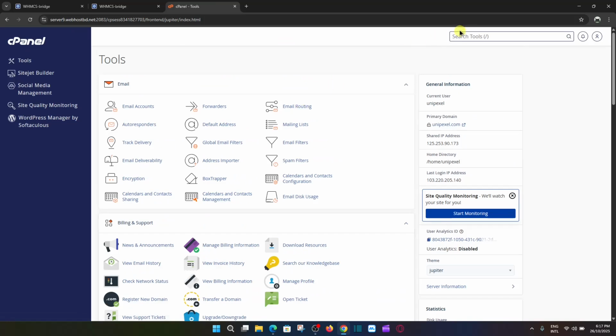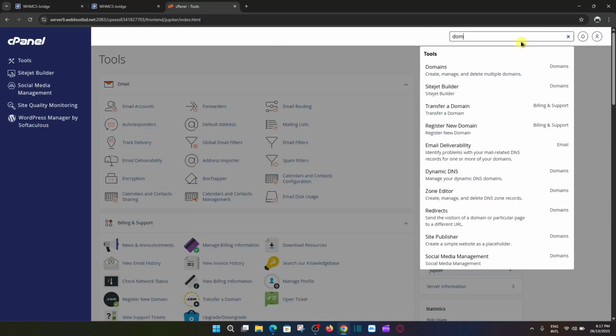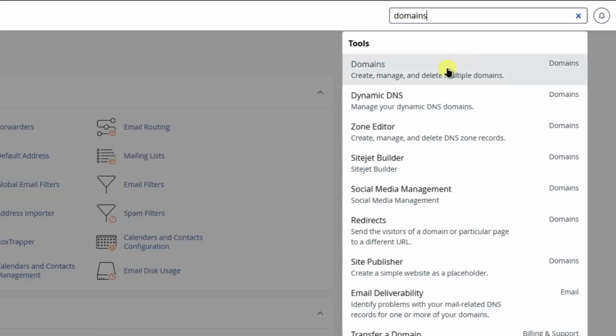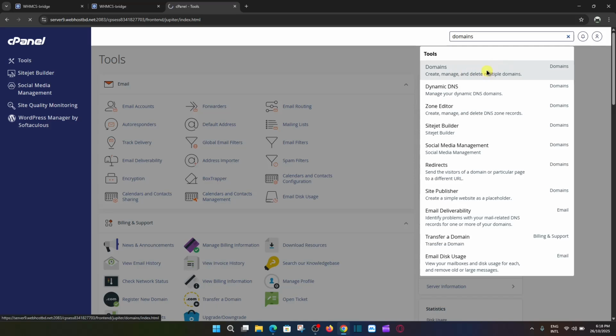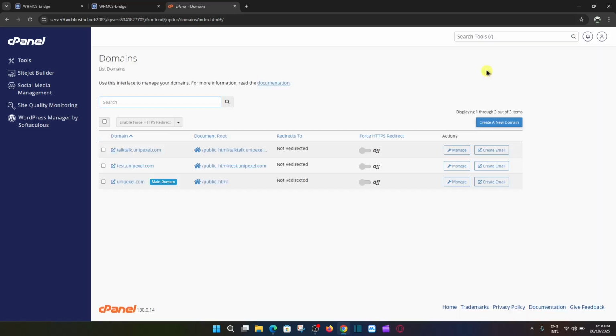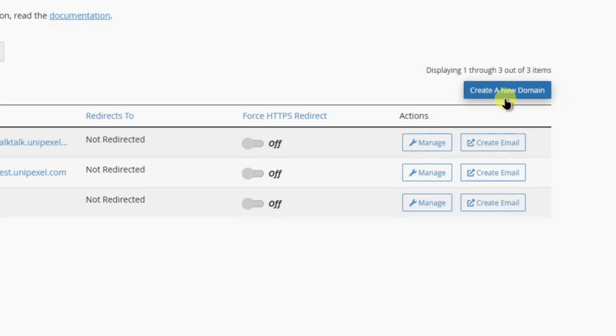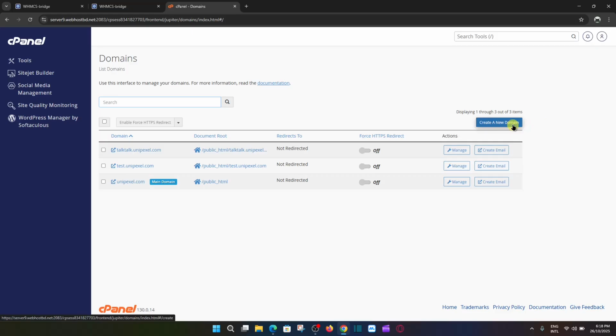You just have to go for the domains option. You can search here in the search tool, domains. And here you will find the first option. Here you can see create, manage and delete multiple domains. So click here and here you go. Now you have here the option, you can see create a new domain. Just click here